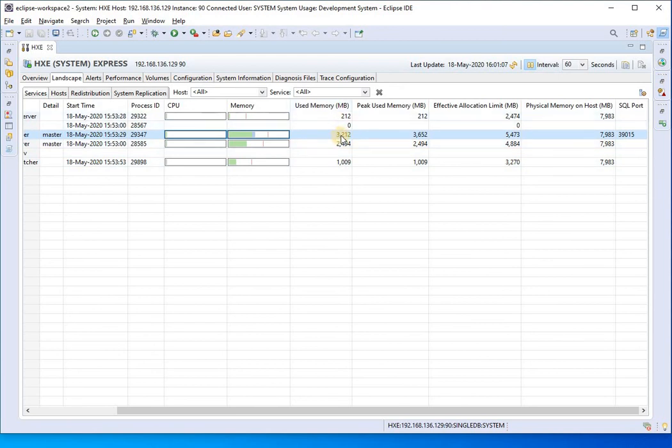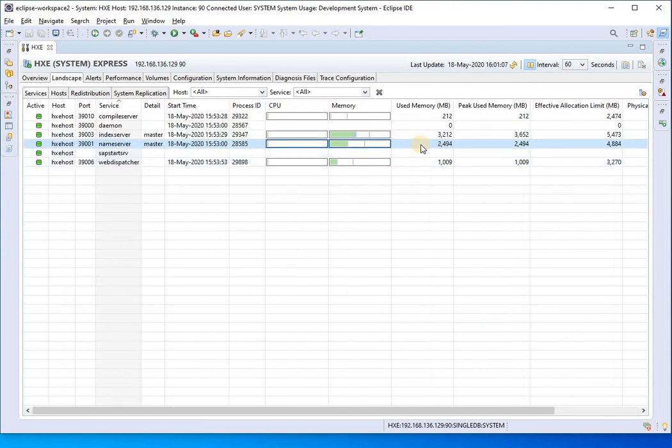So used memory is 3.2 gig, peak memory, effective memory, the physical memory, and on which port it is running. See, the name server is also using a considerable amount of memory. Name server basically keeps track of all the topology of the SAP HANA system.